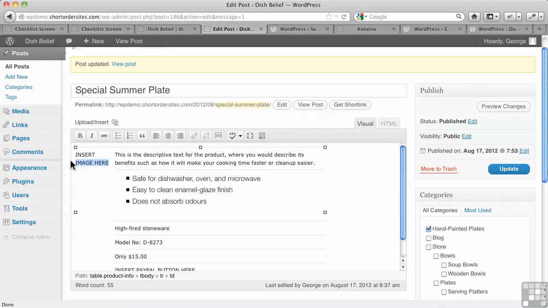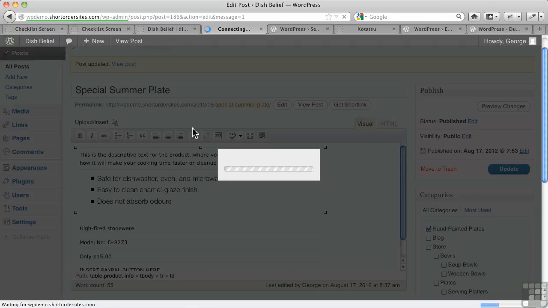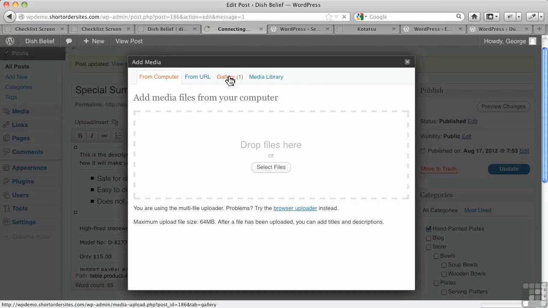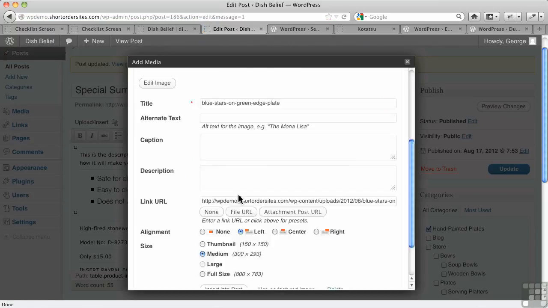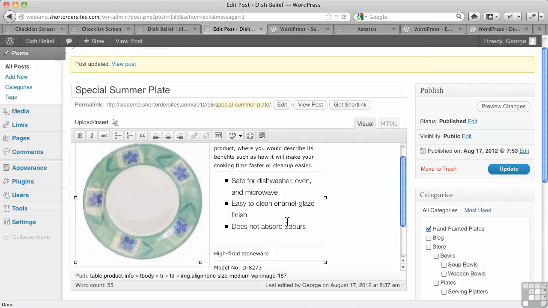So in fact, let me go and do that. Makes it really easy. I just hit insert. I've already got my image in my gallery here, so I'm just going to go and insert it. Now, I don't want any alignment here. I don't need alignment. The table's going to do it for me, right? I do want the medium size one, and I don't need a link in this particular case, and I insert it into the post. There we go. Now I'm going to hit update,